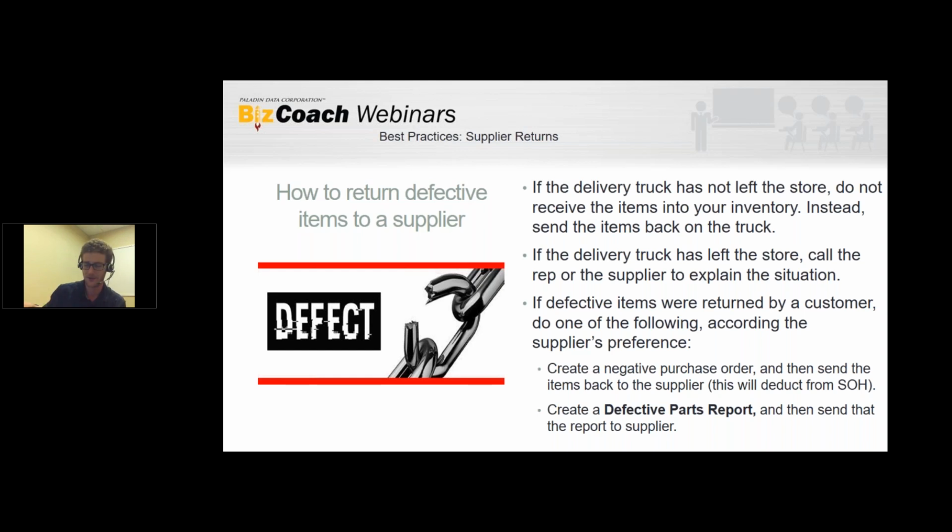I would just keep the items set aside in the corner, call the rep and say, hey, I got all this stuff here. What do you want me to do with it? I think that would probably be better than tracking that inside of Paladin. It just seems like a lot of excessive work. Now, if the defective items are returned by the customers, we do want to send them back